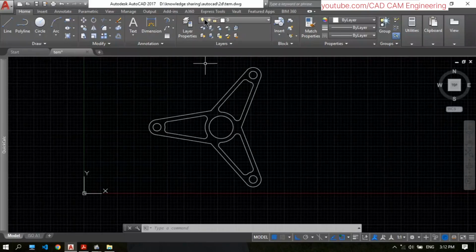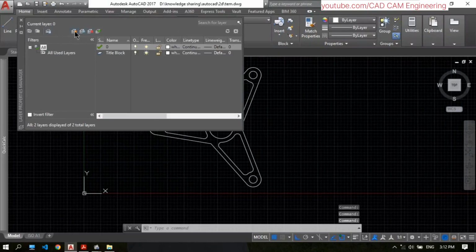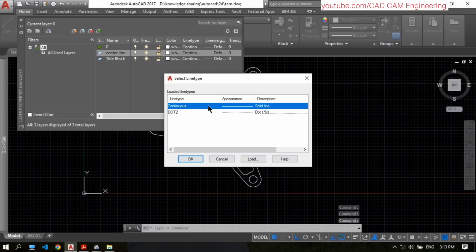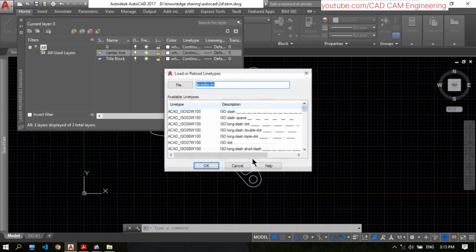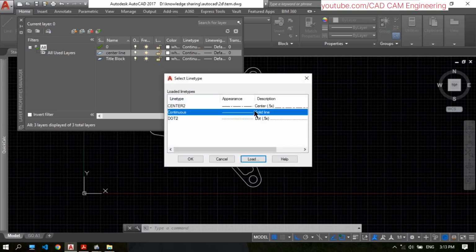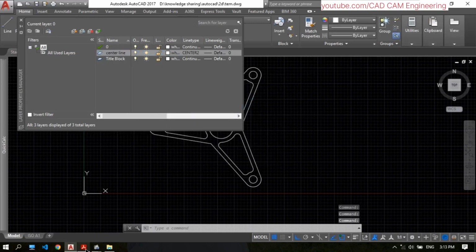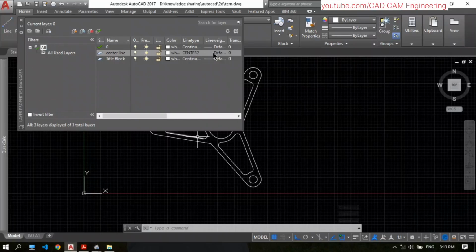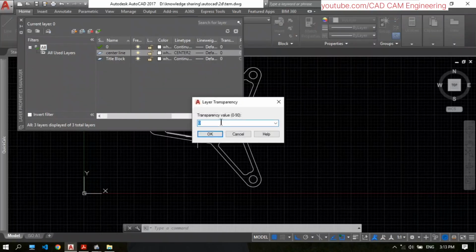So we need to make a layer properties here, and then click the new layer for C and D as center line. Yes, and then the color is white. Okay, line type is not solid line. You can choose here, and I will choose the center by X type of design, because I like it, this is the same line, so dash and dot line. Okay, and then center. So the transparency should be a little bit dim light, so I will choose 50 here,